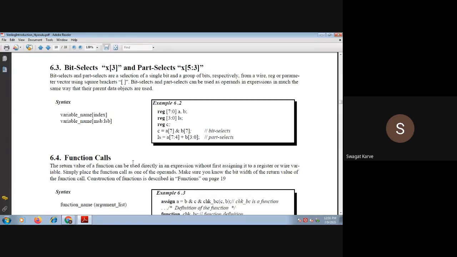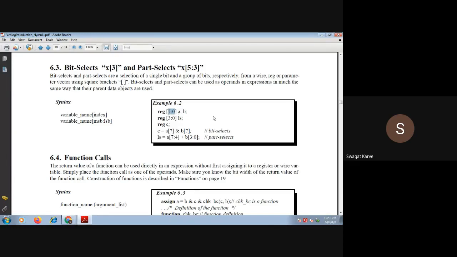See, you can go through these examples. reg [7:0] a, b. What does it mean? It means A and B are 0 to 7, that means 8-bit numbers, right? A and B are two 8-bit registers that you are using.